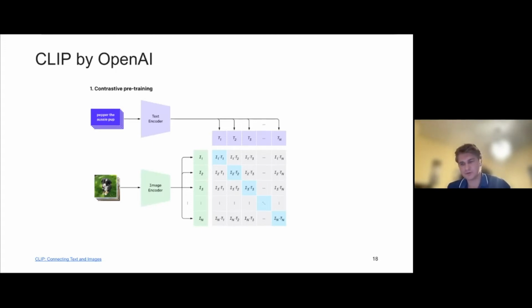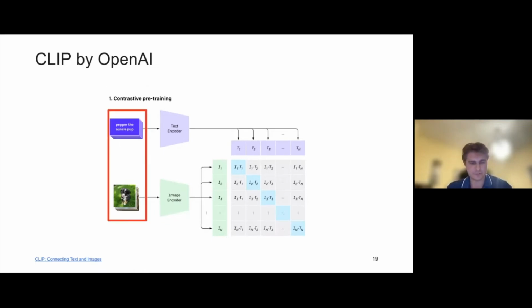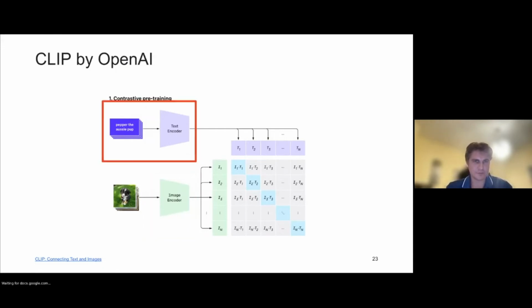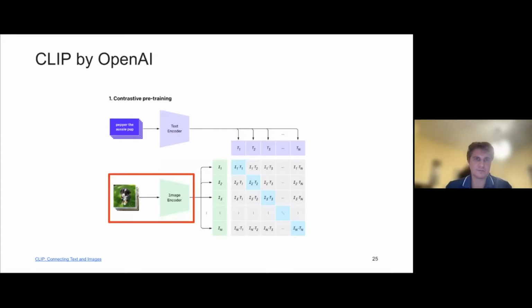It has associated image-text pairs, as you see here, and the authors do data augmentation for the image part. And there's an image encoder and a text encoder. They use ResNet and Vision Transformer for the vision part. And for the text encoder, the basis is a transformer with certain modifications from the GPT family. And once you have this set up,